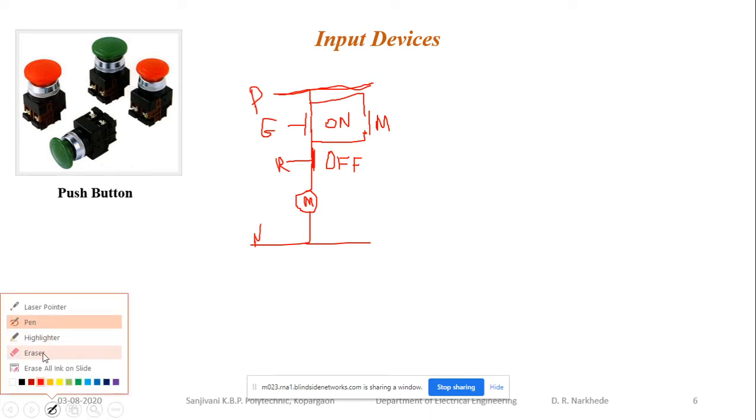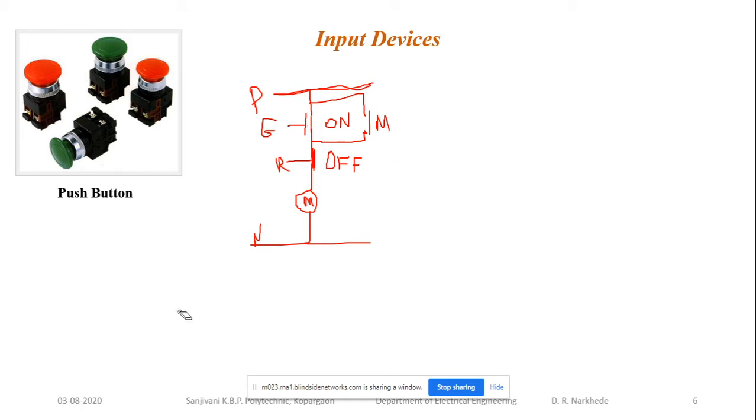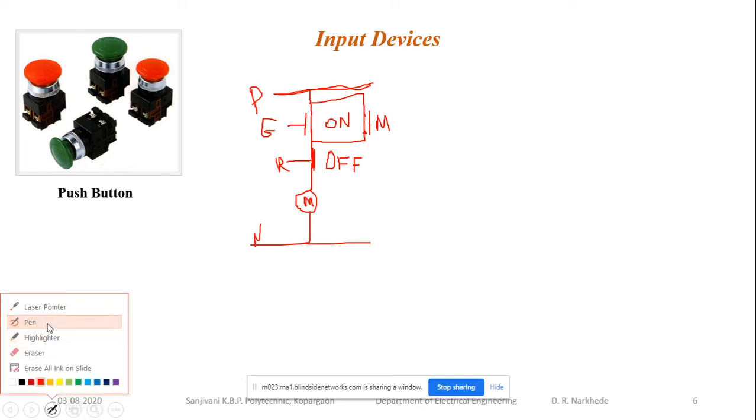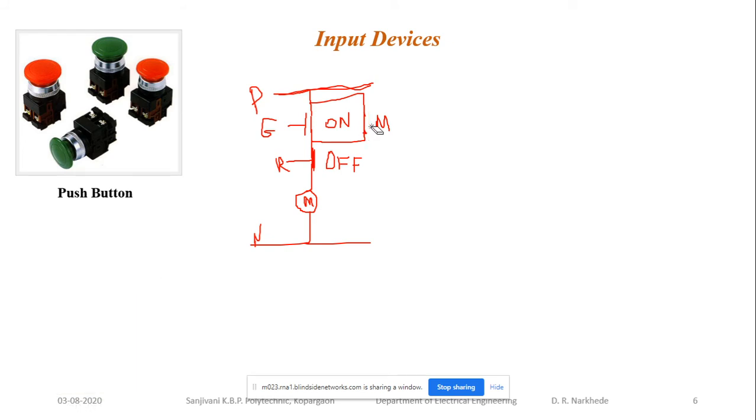Once the motor energizes, after energizing of the motor, this M1 will close. Once the M1 closes, what happens we are going to discuss more. M1 will close, this contact gets open, and my current will flow through the alternate path from phase or positive through the M1 to the off switch to your motor, and the motor will run in the forward or reverse direction depending on your connection. Okay, so this is how it works, and this contact is called as holding contact or it is called as latching contact.